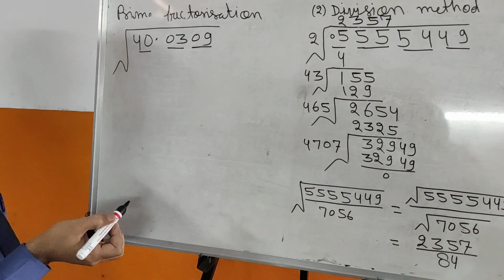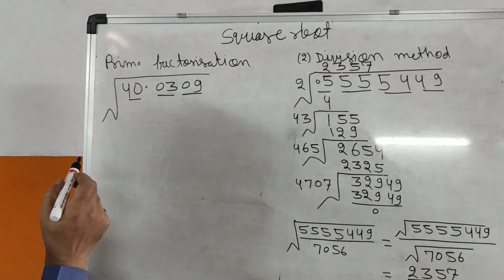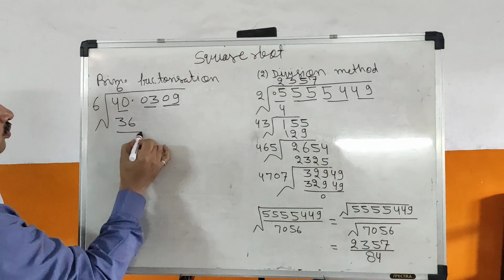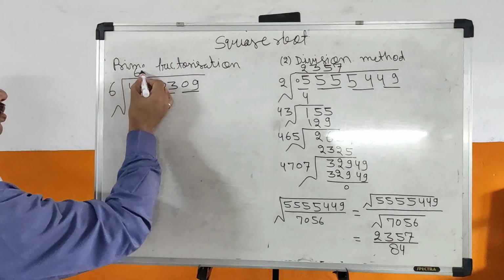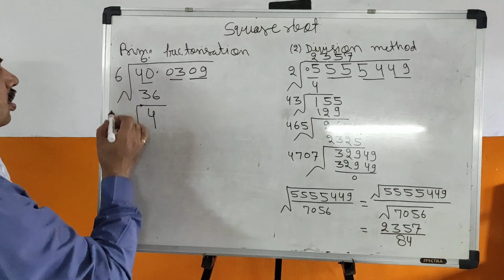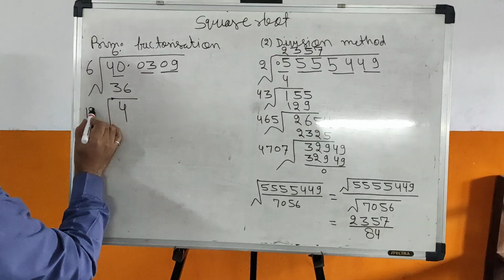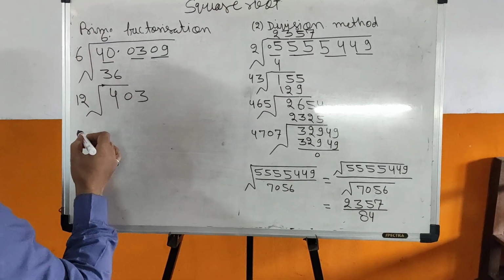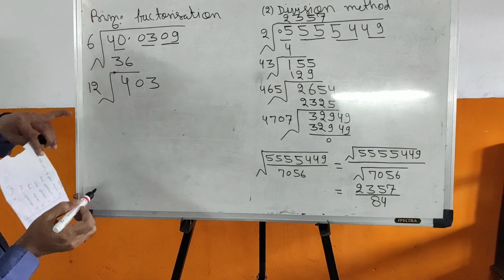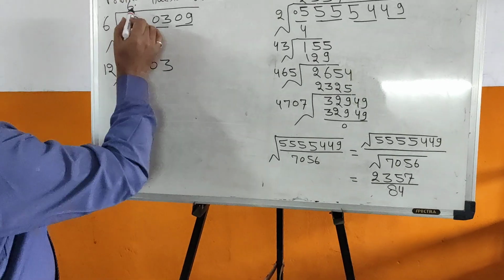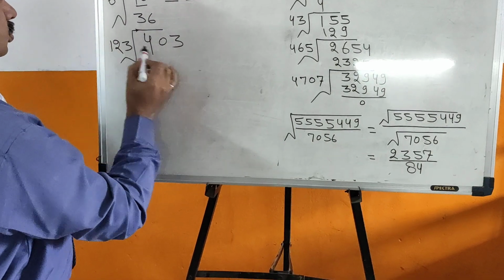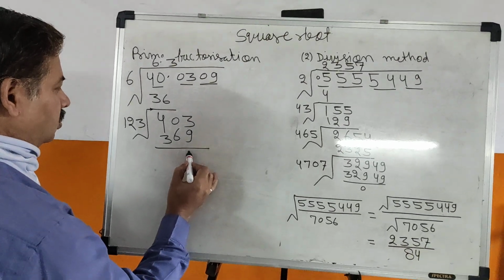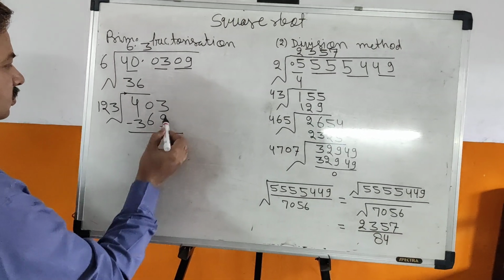Now simply the same method we will apply. We will use the square table, so 6 6 are 36. 6 times it will go. 4 is the remainder. Now there is a decimal, so we will write the decimal. Now double of 6 is 12, so 12 we will write there. Next, here 03 we will take. Now it will go: 12 2s are 24, 12 3s are 36, 3 times. So 3 3s are 9, 3 2s are 6, 3 1s are 3. 9 and 4. Now we will subtract it.